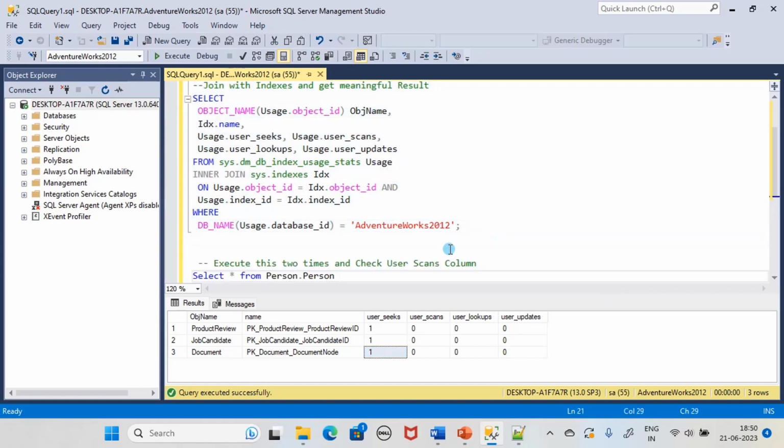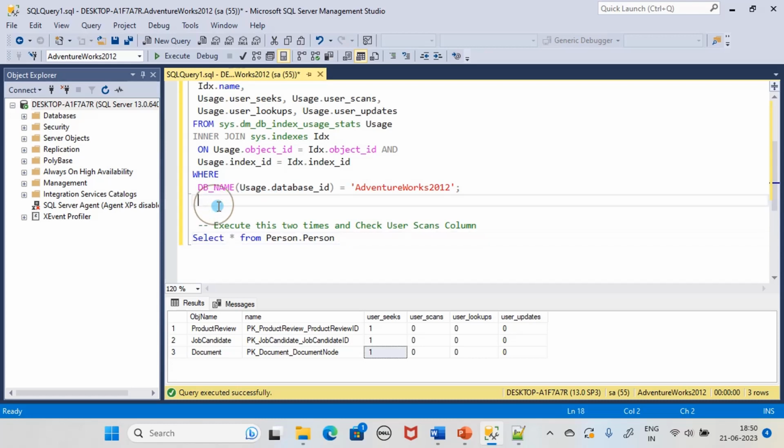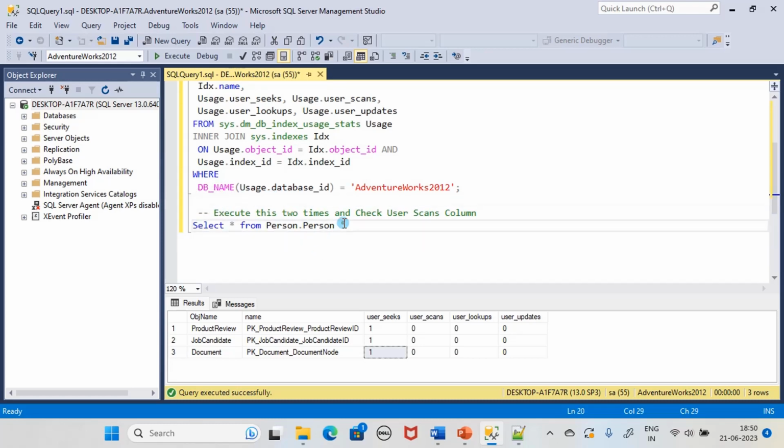So now here if you see, we have select star from person.person. Person is the schema and this person is the table, right? Adventure Works 2012, that's the database. Person is the schema, the next person is the table. And here, since there is no filter condition, this will increase the scan entry. So here user scan is there, right? At present we are not seeing any entry for person. Once I execute it,